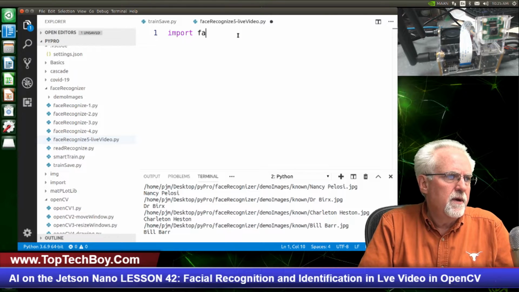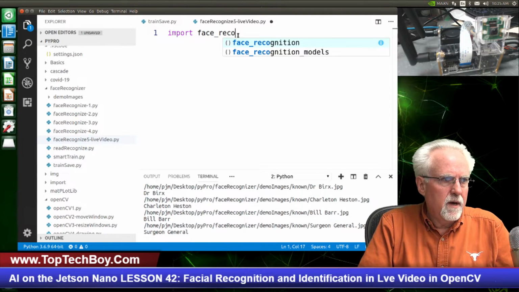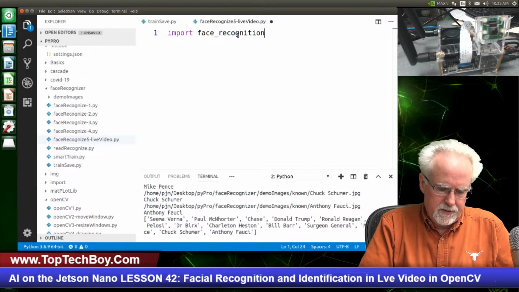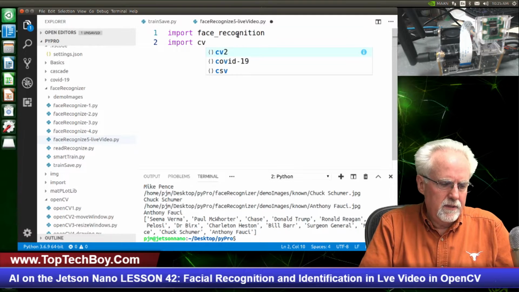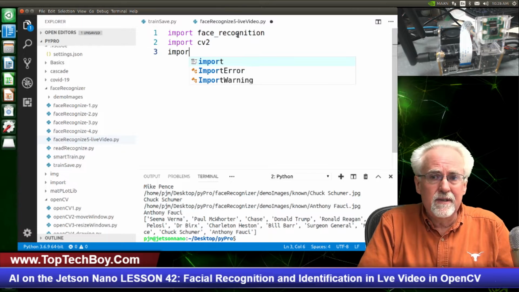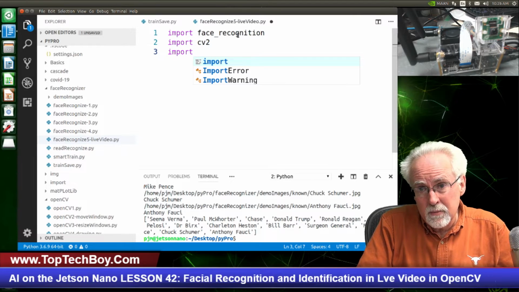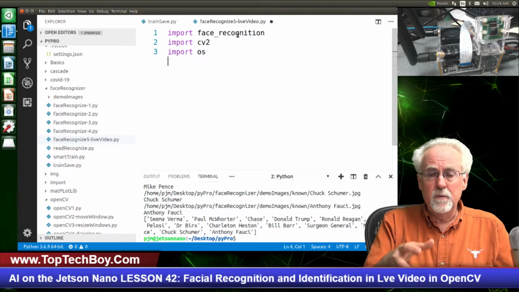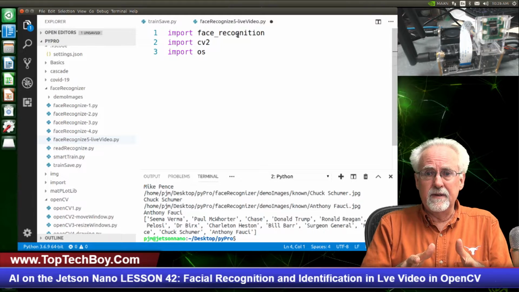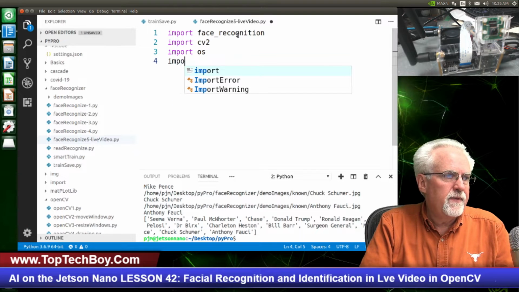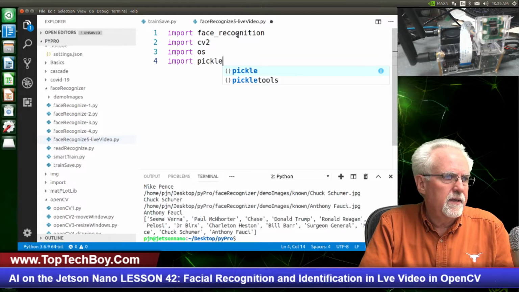We always need to import face recognition. That's good. We are going to need to import what else? Import CV2. Also, remember how we walk through that directory structure to do the learning? What library does that? Class. What library? Bueller. We do OS. And then we also remember how we dumped all that data with a pickle. Well, now we're going to have to load the pickle library so that we can read that training data. So pickle,